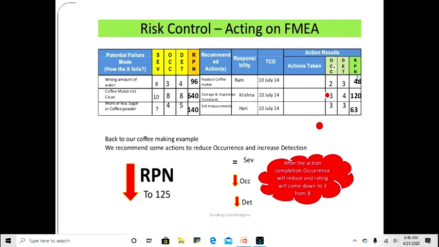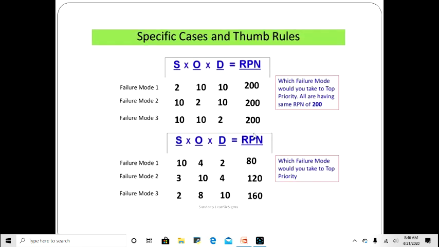Okay, so everything is within the limit, everything is within the minimum limit. So 125 is the minimum one, right? So it is all within the limit, and so you can go ahead with the customer satisfaction. Now you can tell, when your RPN number is this, you can tell 100% the customer is satisfied according to his need. So you identify the risk.